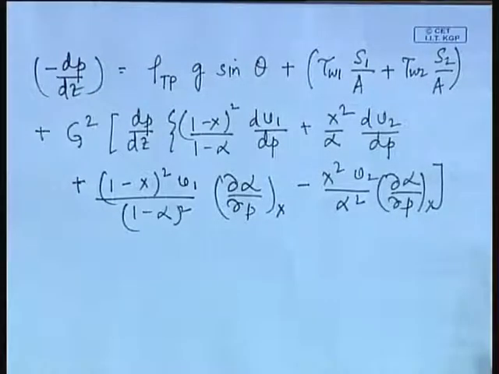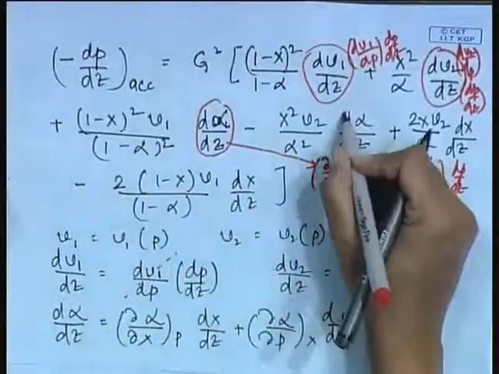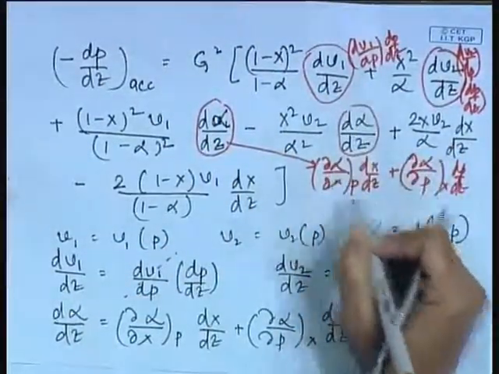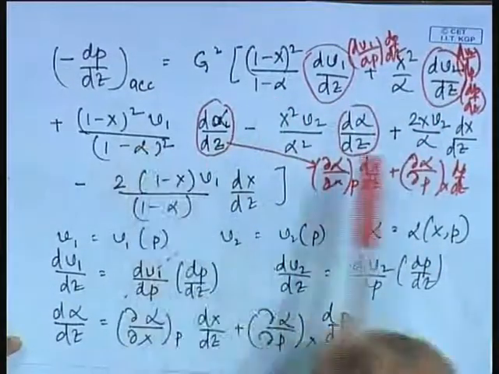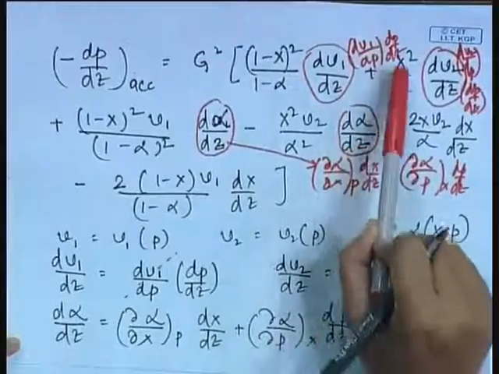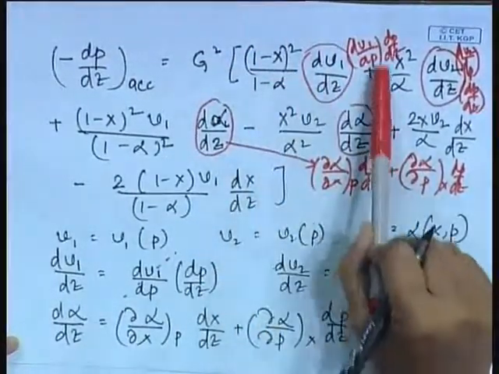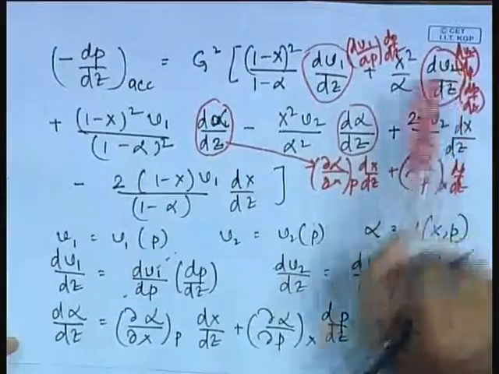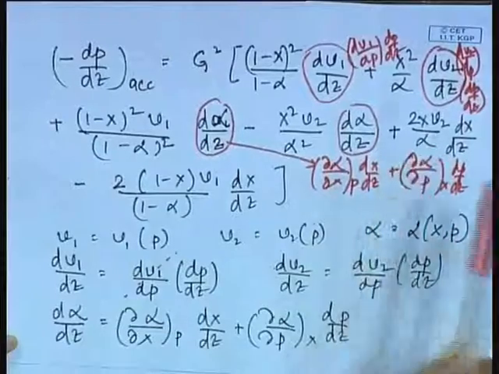Agreed? This term I missed out. This term also gives you the same thing. So, there are terms associated with dp dz: one term contains dv1 dp, another term contains dv2 dp, and the remaining two terms contain del alpha del p at constant x,